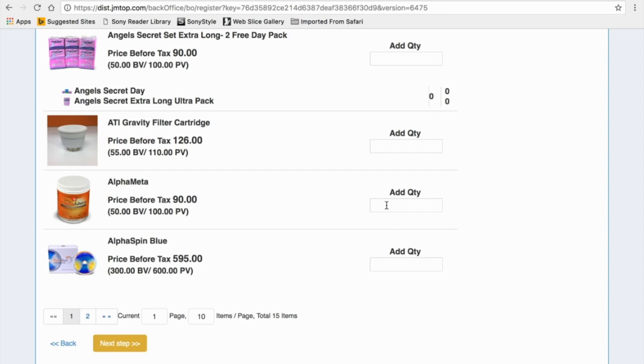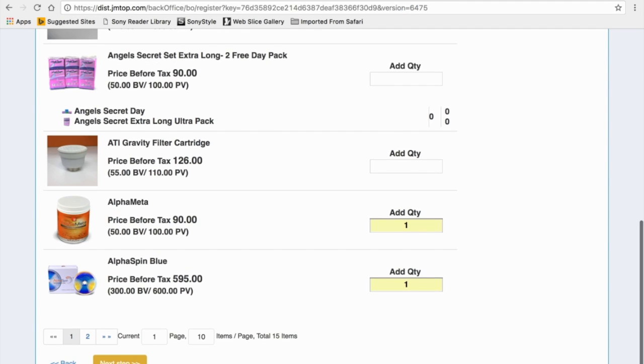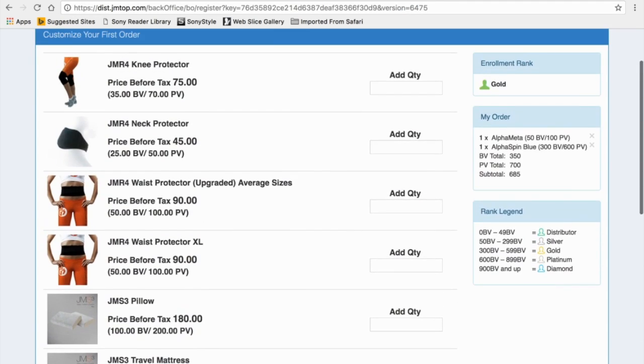I want one Alpha Meta. It's right there. One. I want one Alpha Spin. It's right there. Alpha Spin. And then when you do that, it will give you a summary right here. So right now, over here, I am going to be a diamond if I go by